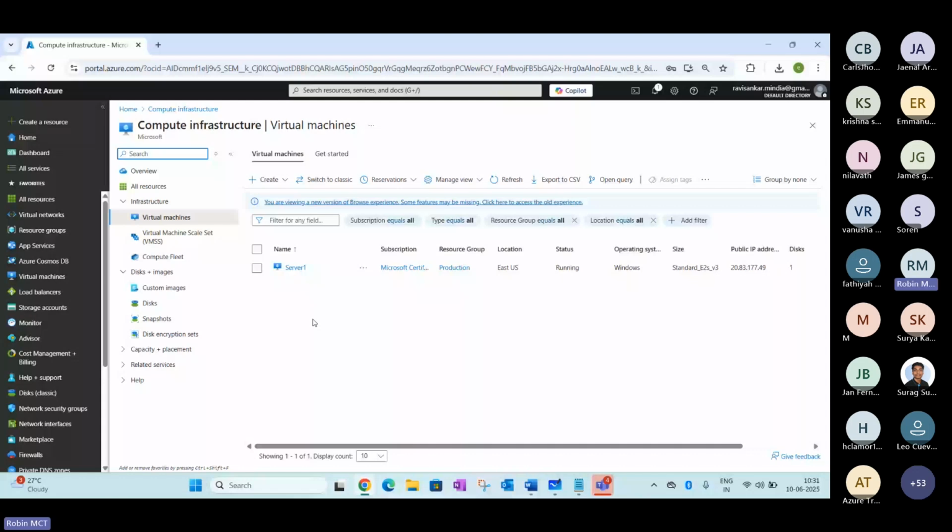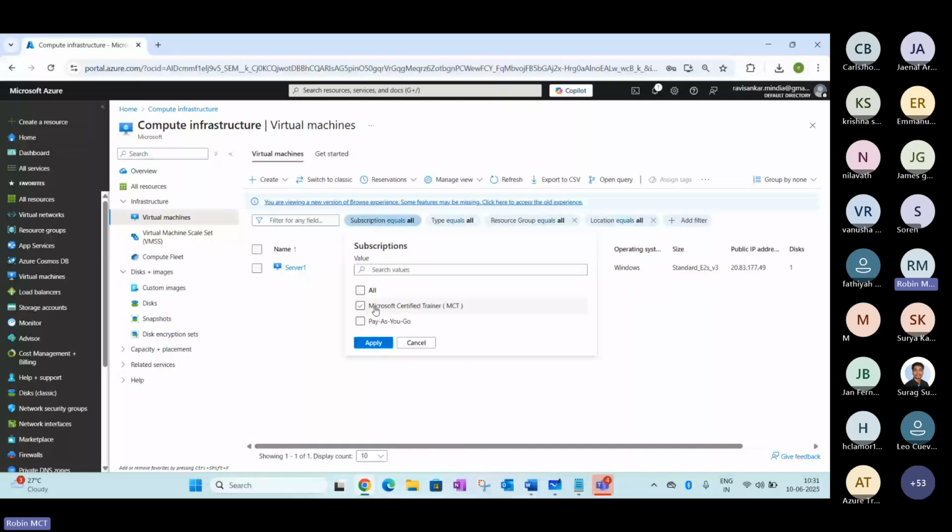Sometimes I have seen people make a statement or a concern: when I connected to the virtual machine, I don't see an option available in the cloud, or the virtual machines or servers are not showing. It can be because, in the middle of the screen here, there are a few filtering options available.